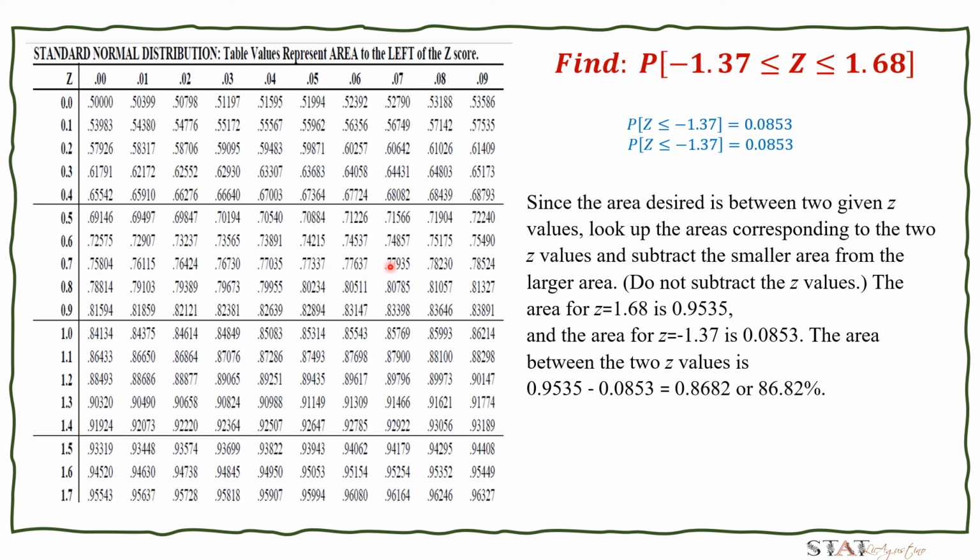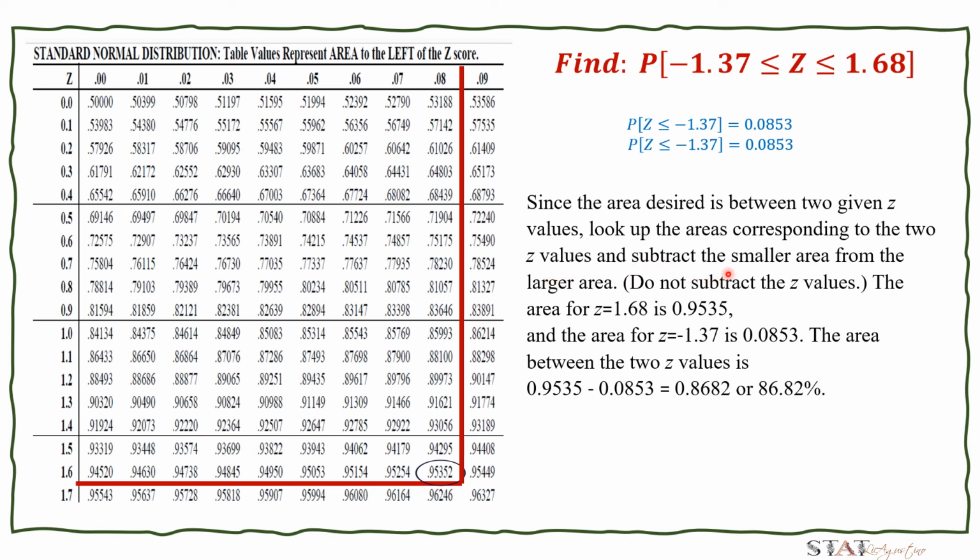And then for 1.68, we have the value is 0.9535. So since the desired area is between two given z values, look up the areas corresponding to the two z values